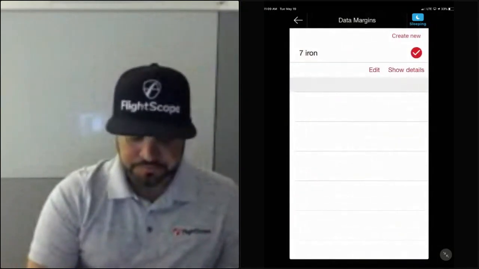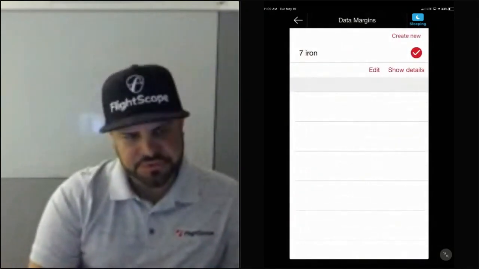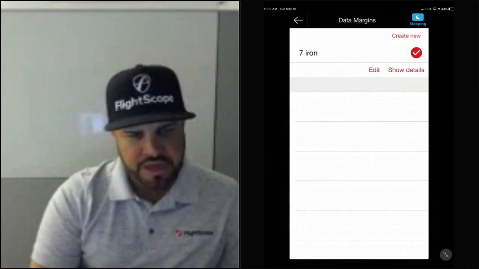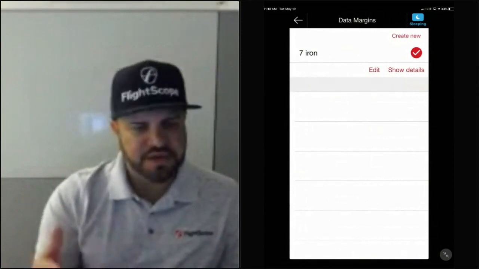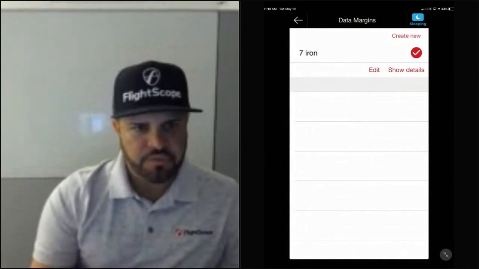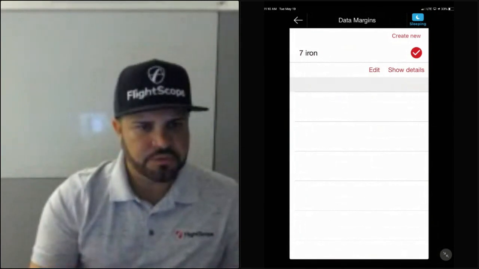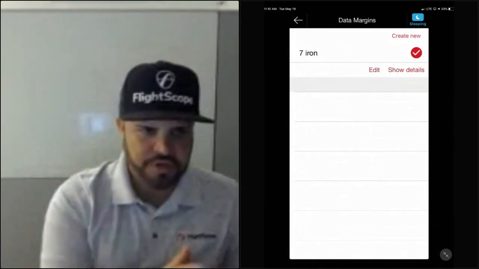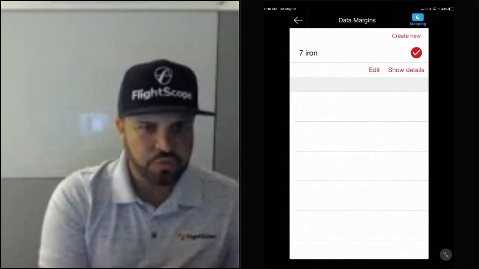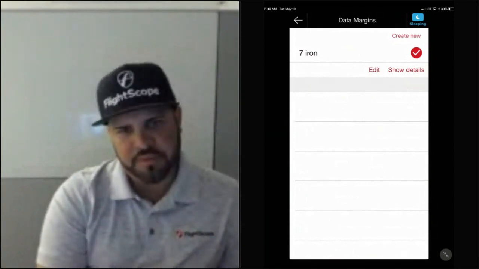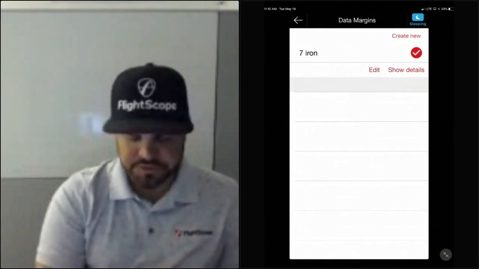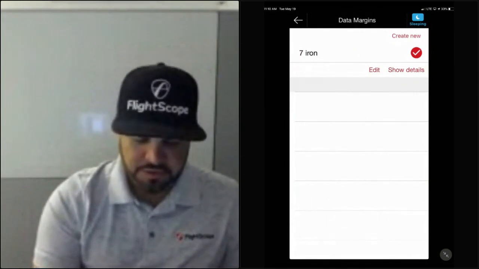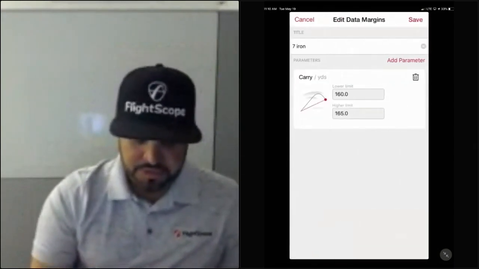So, data margins. Data margins is interesting because it allows a user to now take a specific data parameter and really hone in on a certain area or a certain grouping. So for example, let's say I'm working on my 7-iron carry distance. I can come in here, I can hit create new, or I can hit edit, and